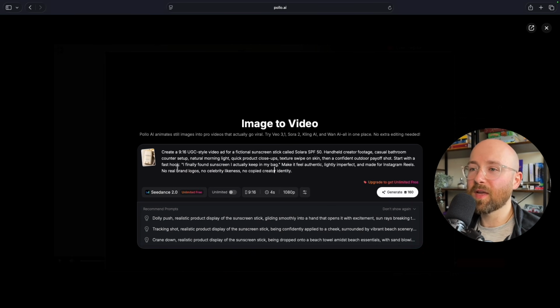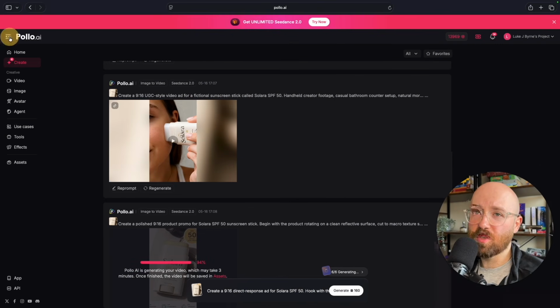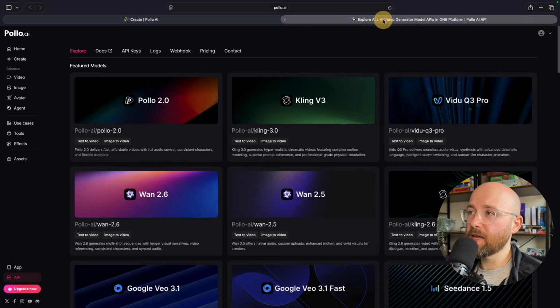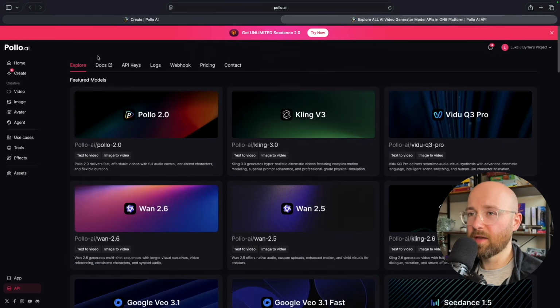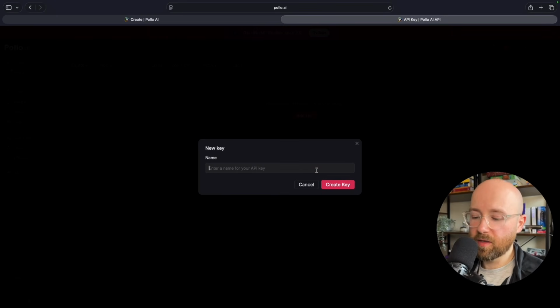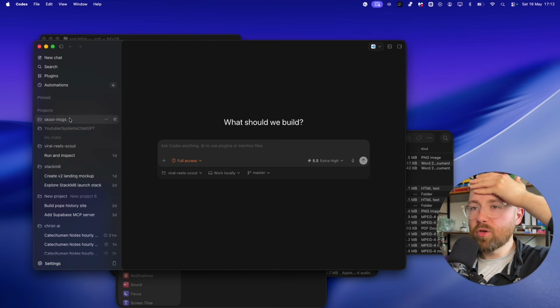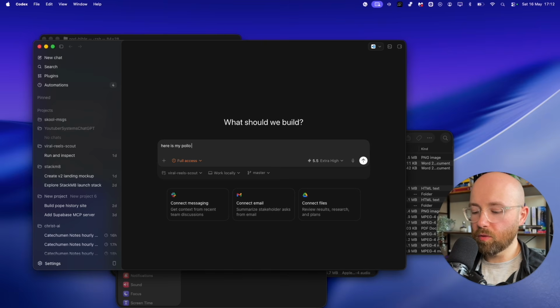We could then come here and create a bigger hook, a longer script, using that video as a reference, which is nuts. Also, the API. Whilst the rest of this is working, if you go down here, you can see we have the API, right? Now, if we open the API up, you can see we have all of these different models, all of them through the API. Now, all you have to do is go to API keys, add a key, give it a name, so we'll just call it test, just so that when you see it, we don't have to worry about it. Copy that, and now you can just come here, open up Codex, say here is my Pollo API key,